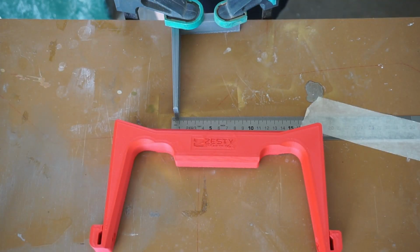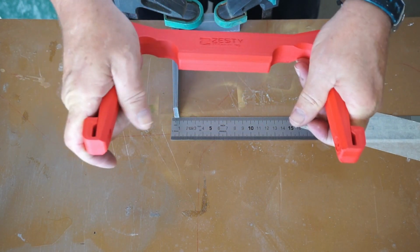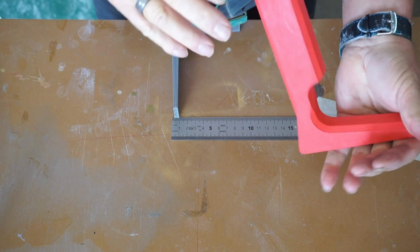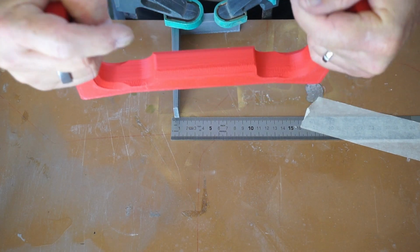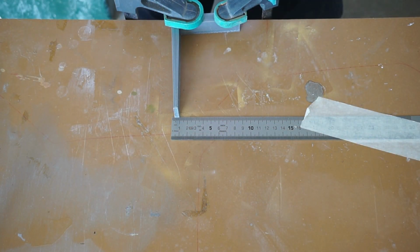Here we go, experiment time. Printed this thing as the sanding bow, but it is way too stiff. No, it's too thick and it's too stiff. There's just no flex, or at least not enough for what we want. So I printed out a sample,